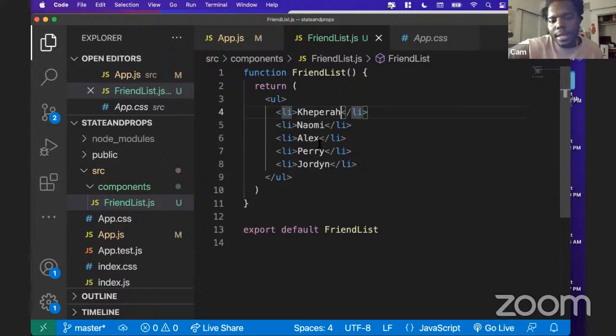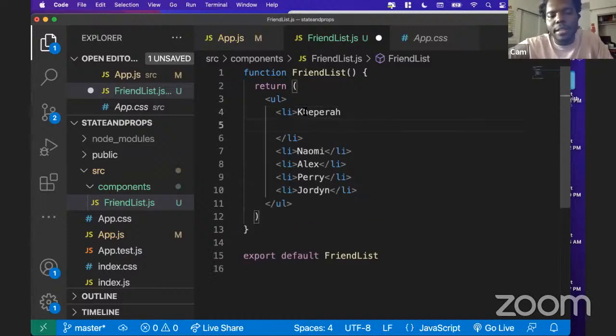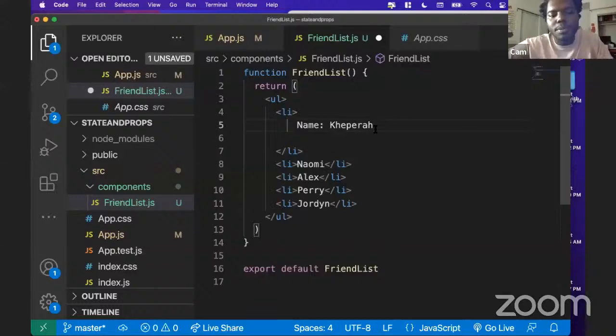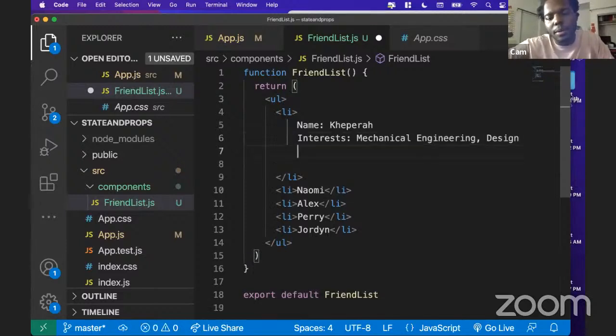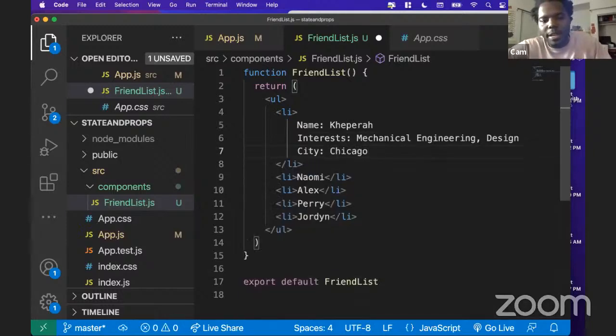If I wanted to do that, technically, I could find a way to do that just inside of the friend list, right? So technically, maybe what we would see is instead of just their name, maybe we see something like their name, and then interests, and then I could say mechanical engineering, right? And then something like city, and I could say Chicago for example, right? And if I save this, right,